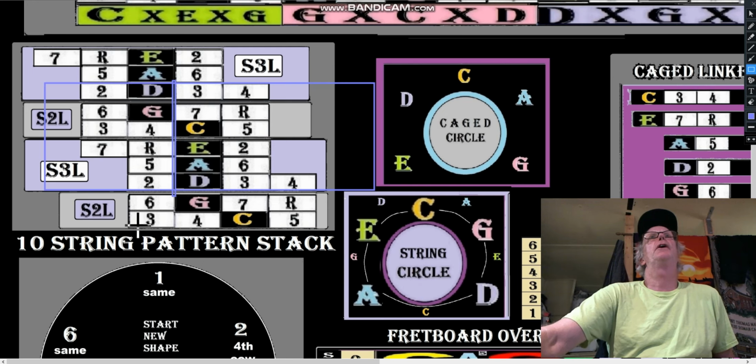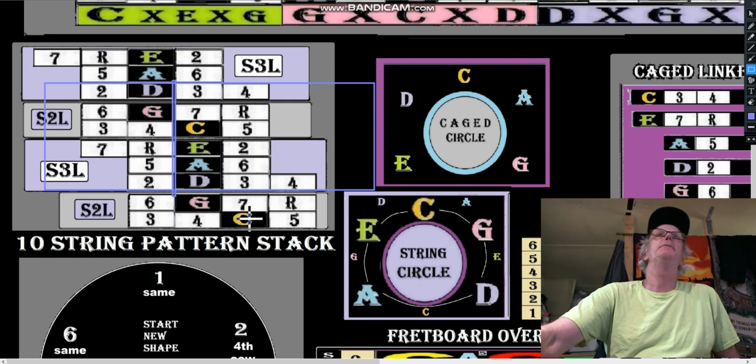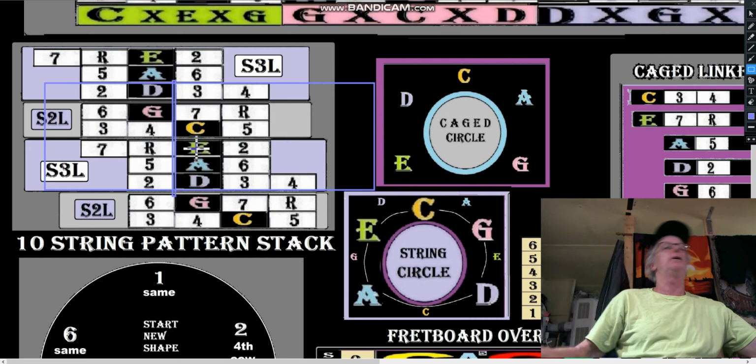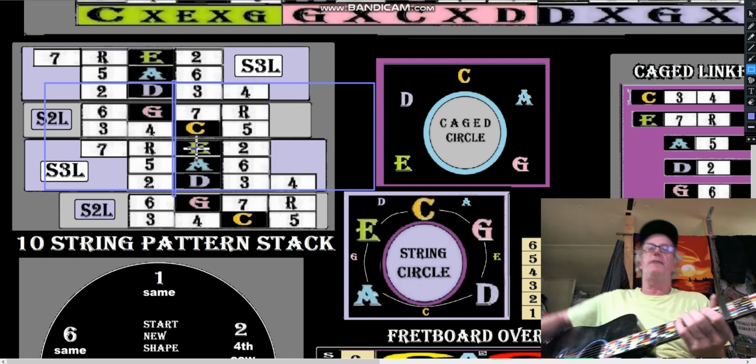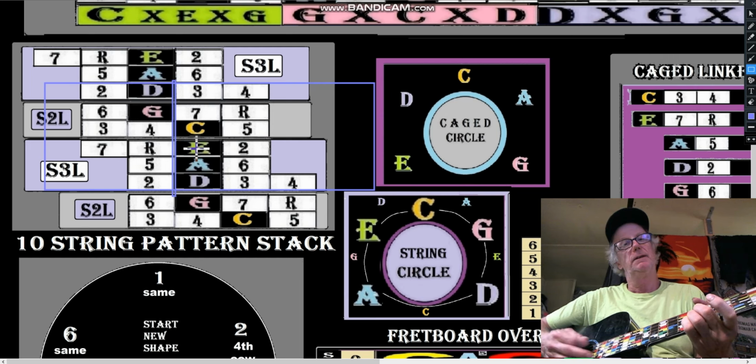So this is the guitar, this is the fret nut, this is the E note, and it's the 2nd of the key of D. So what's wonderful about these 5 different string patterns is they can be looked at as the key of C, the key of G, the key of D, the key of A, and the key of E, which are the 5 cage shapes: C, A, G,